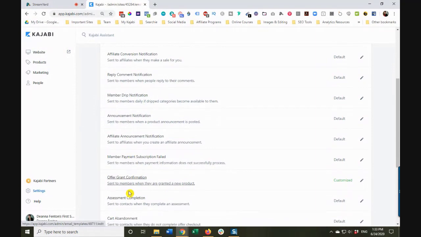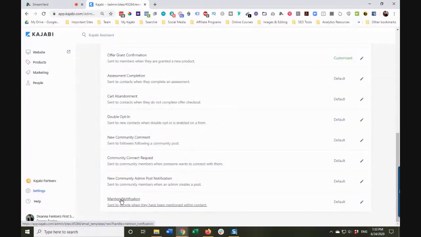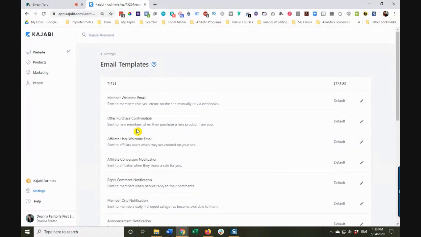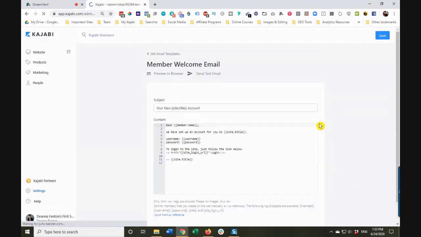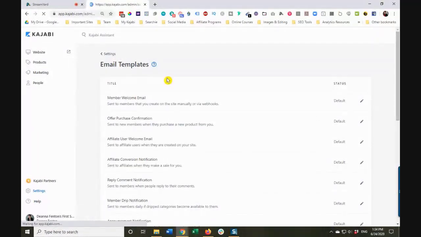So you can see here, there's a whole bunch of very specific, and these are, again, all basically automated transactional emails. If you want to edit any of these, just be very careful, because they are automatically generated by information that people enter. In this case, a new member is given a username and password. You don't want to mess with that information because it's pulling directly from that member's record. So those are all those email templates.